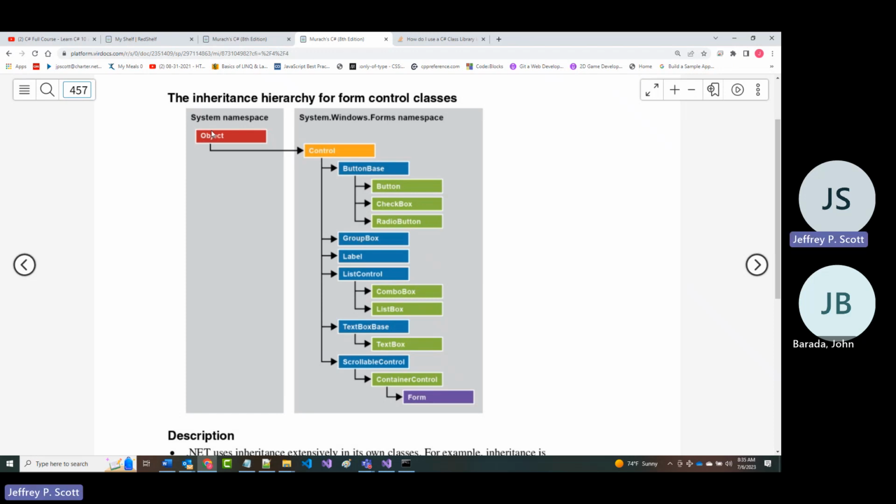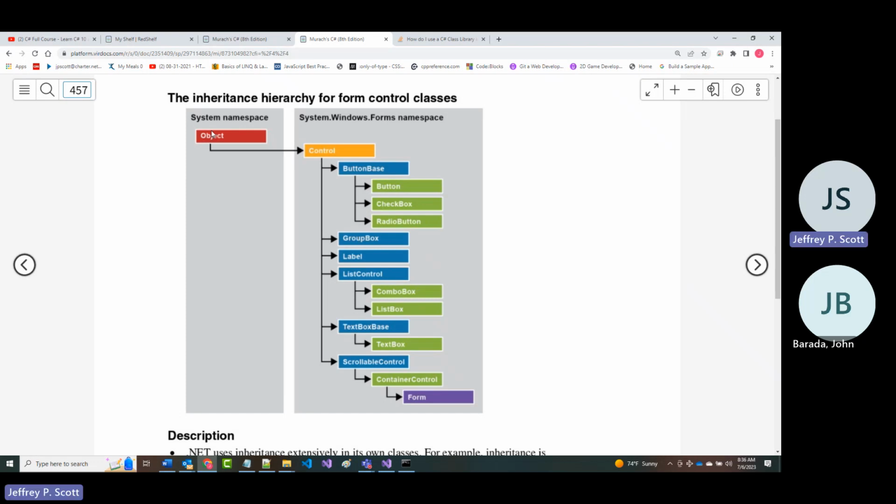So when you look at this, what do we have? That's called level 0 at the top. In level 1 right here, you've got something called Control. So at level 0, you have Object, and at level 1, you have Control.